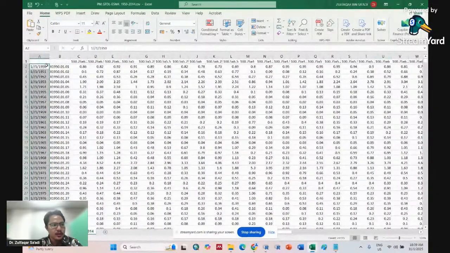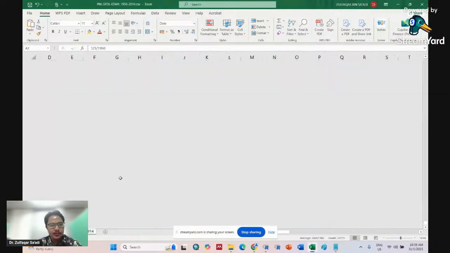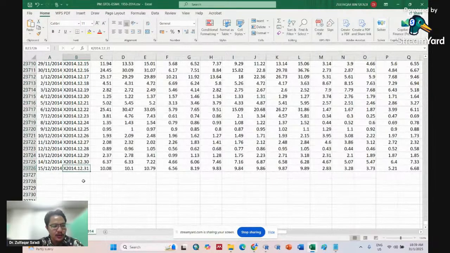Oh, what's happened here? Okay, we want 1st January until the end, right? Now we look down here. As you can see, the end of the date here does not tally. From the raw data, it's 31st December 2014, but when we run the exact date, it's actually only until 15 December 2014. So the raw data does not tally with the real date here on the left,